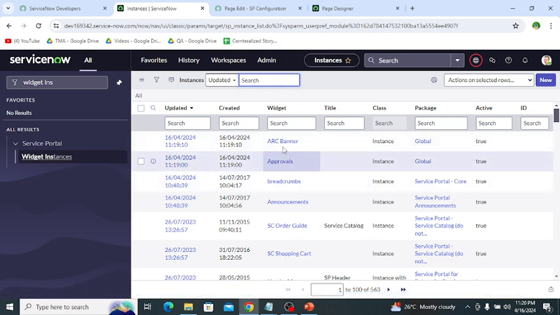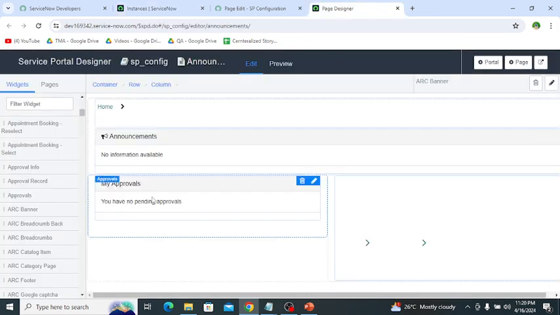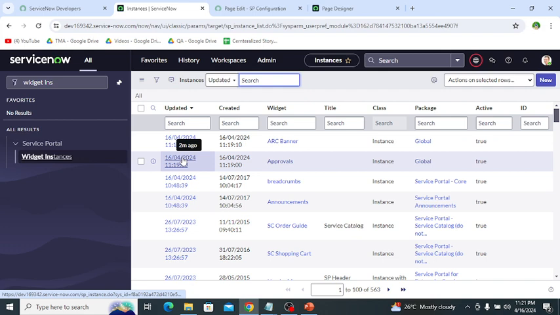In widget instances, you can see these are the instances created, like this is the ARC banner and the other is approval ARC banner, and these are updated 2 minutes ago, created 2 minutes ago. So in this way, when we add a widget to a page, it creates a widget instance.